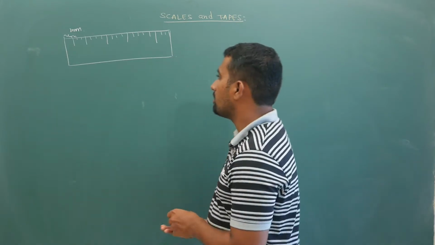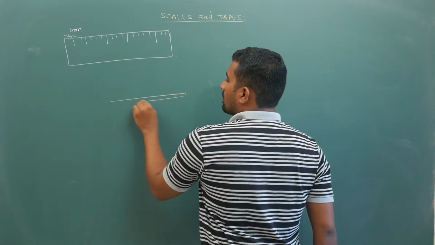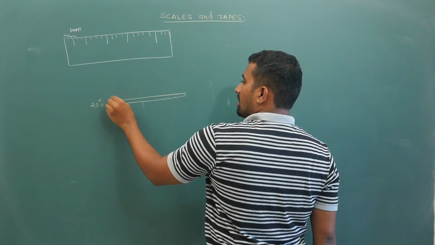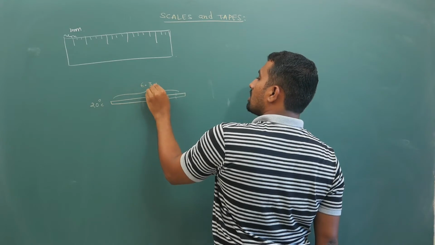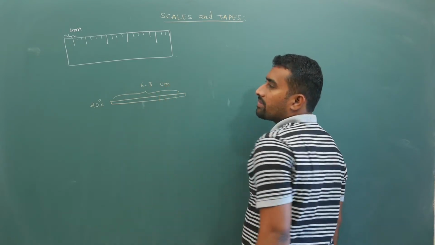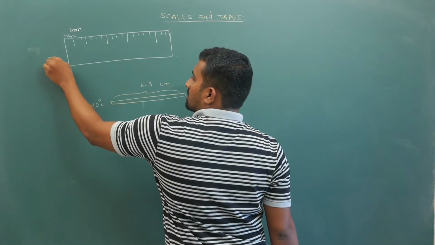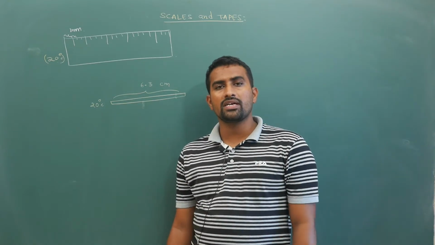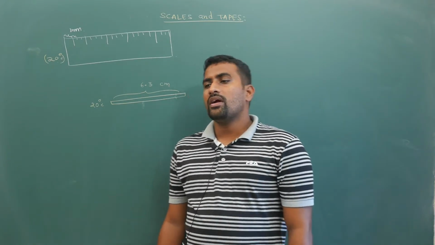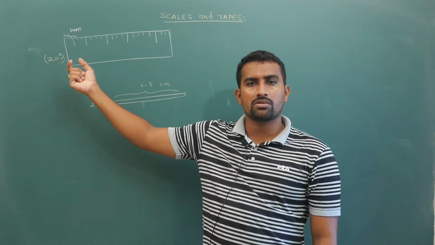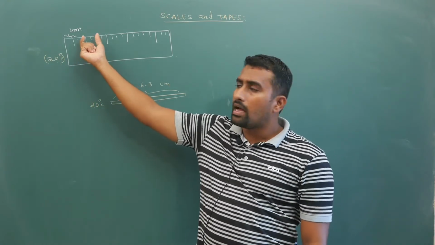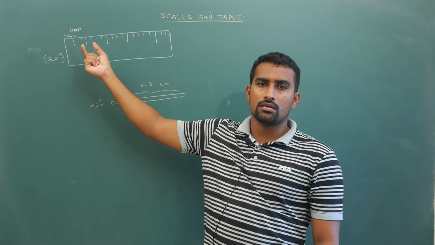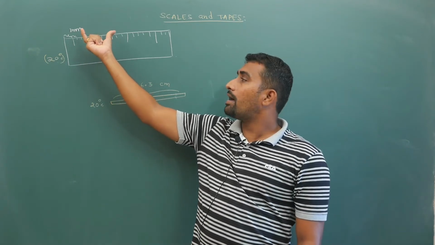Now, for example, let us say you have a rod at 20 degrees centigrade, and its length is, for example, 6.3 centimeters, measured at 20 degrees centigrade. This scale was initially at 20 degrees centigrade and obviously shows the correct reading initially. Now when you heat or cool it, objects will expand when heated, so the gap between these divisions will increase. So when you are heating the scale, it will show a different reading, because the gap is increasing.